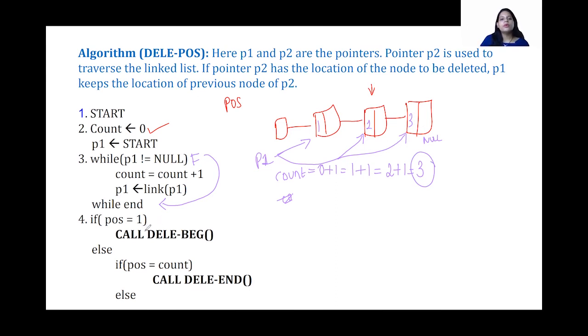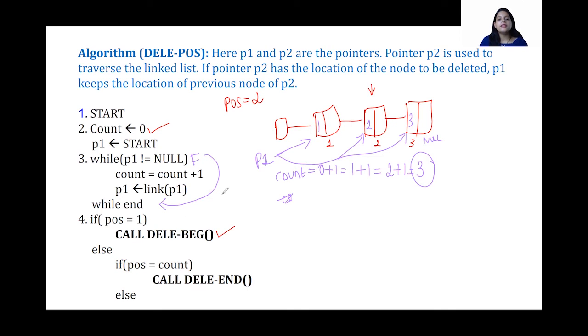Next, now we are going to check one by one. I will ask the user to enter the position. Suppose this is the first, this is second, this is third. So my position is 2 here. I want to delete this particular node. So what is going to happen? If at all the user has given position as 1, he wants to delete the very first node. For this, we have already seen the algorithm. Then what is going to happen? We are going to call that particular function, which is deleting at the beginning.